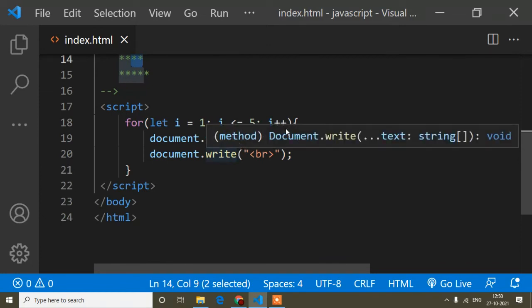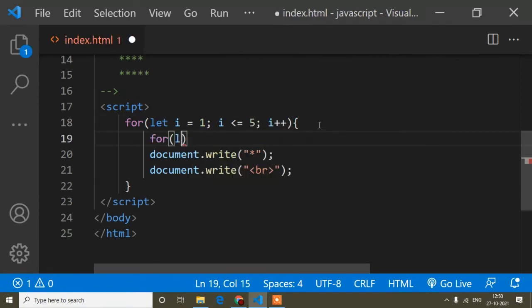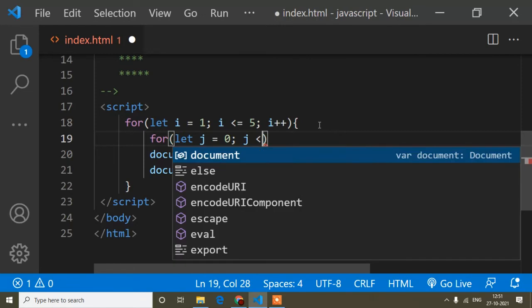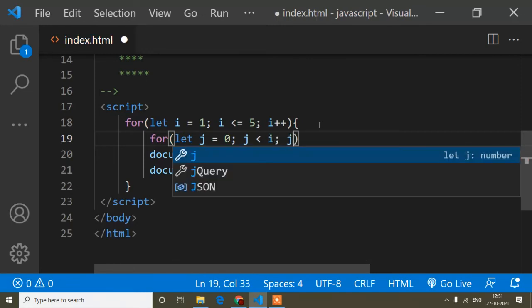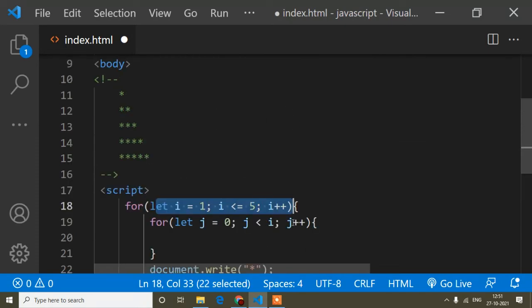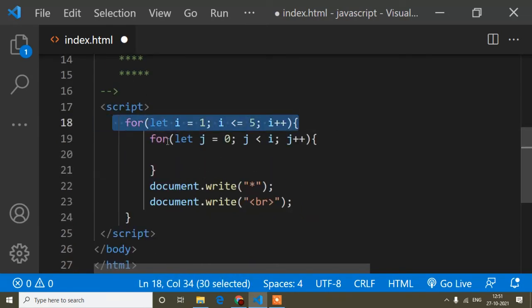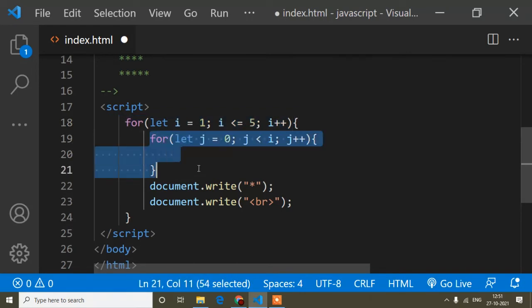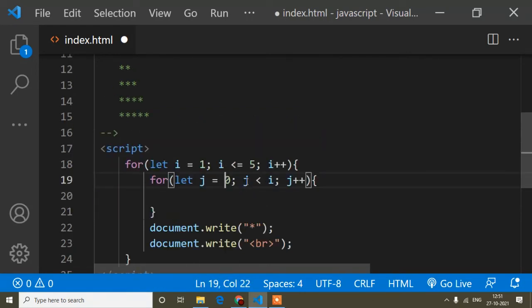For that I have to write another loop, the same for loop again, but another for loop inside the first for loop. So j equals 0, and j will be less than i. Why I am writing this, I will explain it also. Right now, by this i for loop only, I was getting it like this, but I need it like this. So that's why inside this for loop I have written another for loop, with j equals 0 and j less than i.